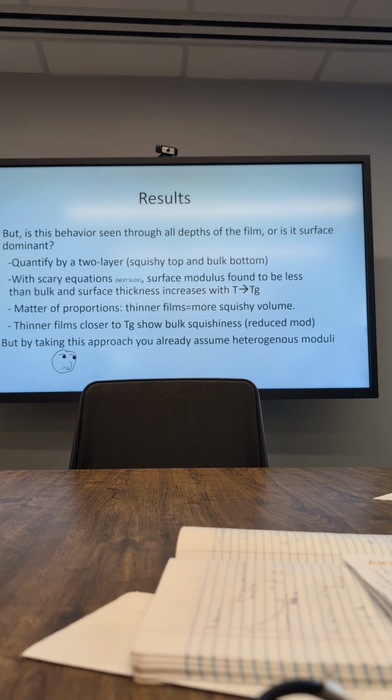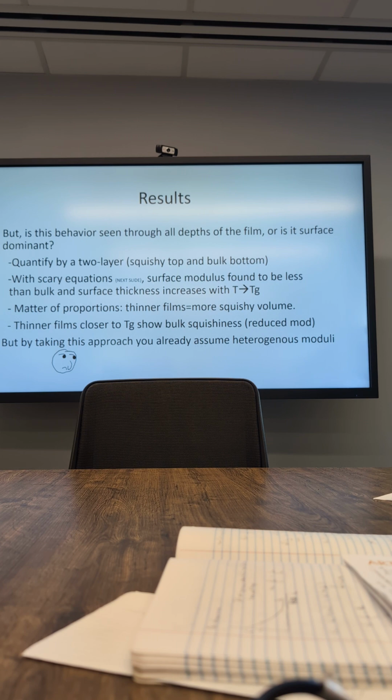They got a couple of things happening from this. First of all, they found that the bulk properties are mirrored by both the surface, the close to the surface, the squishy surface properties, and the overall bulk. So the overall properties are dominated by the bulk and the squishy surface, right? And the squishy surface extends as you get closer to the glass transition temperature from the crystallization phase,